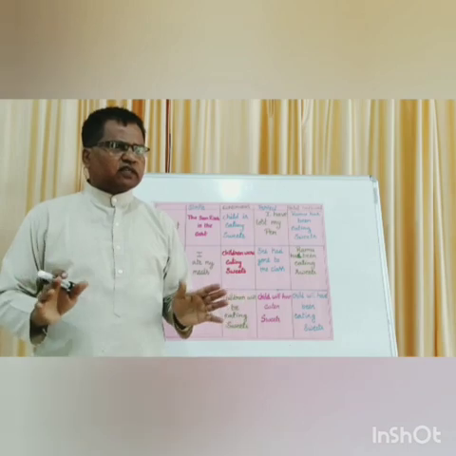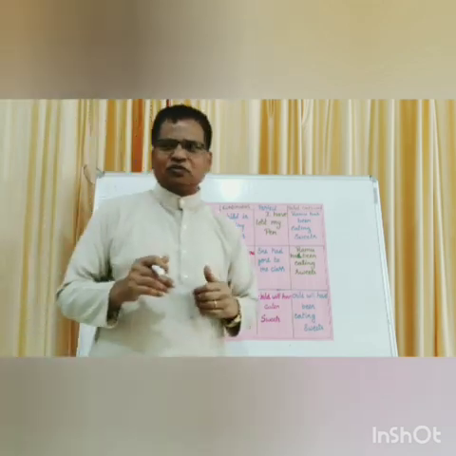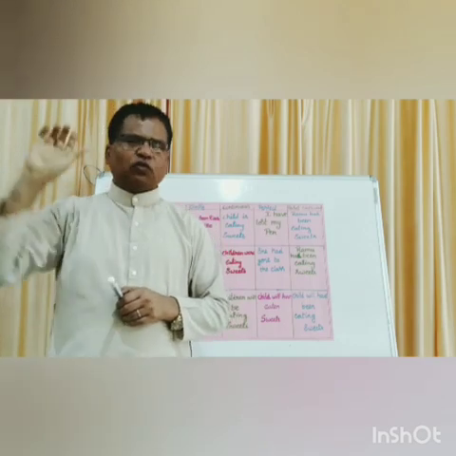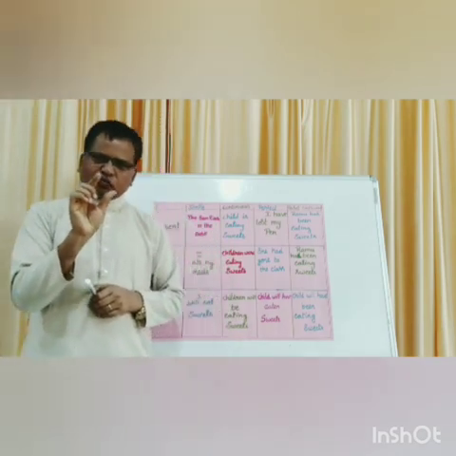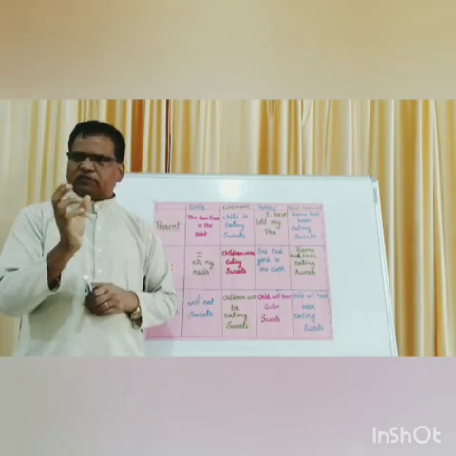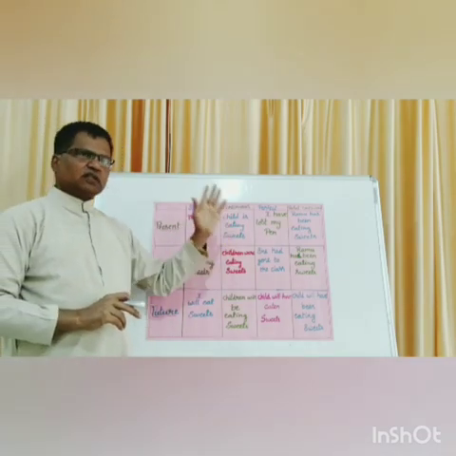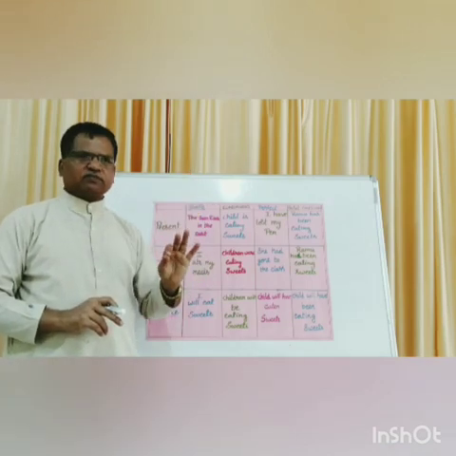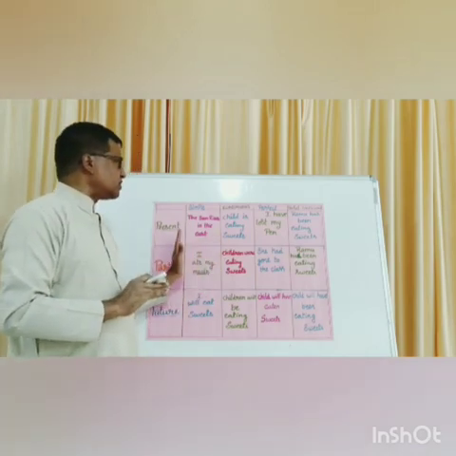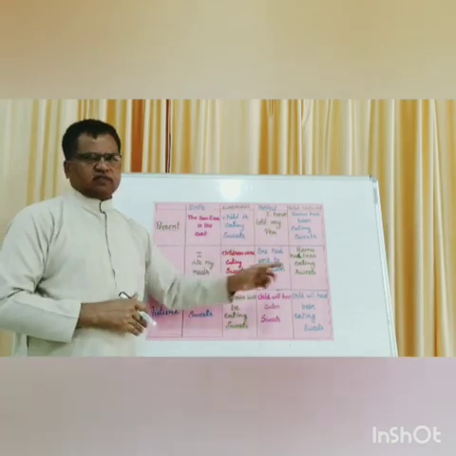You ask me any question today, for example, you make a long sentence and ask me which tense it is in. Immediately we say it, you know how? We don't see your subject. We don't see your other things. We just see the verb, the helping verb and main verb. Then we fix which column it should be in. So whenever there is am, is or are, plus a main verb with ing form, then we are in present continuous tense.